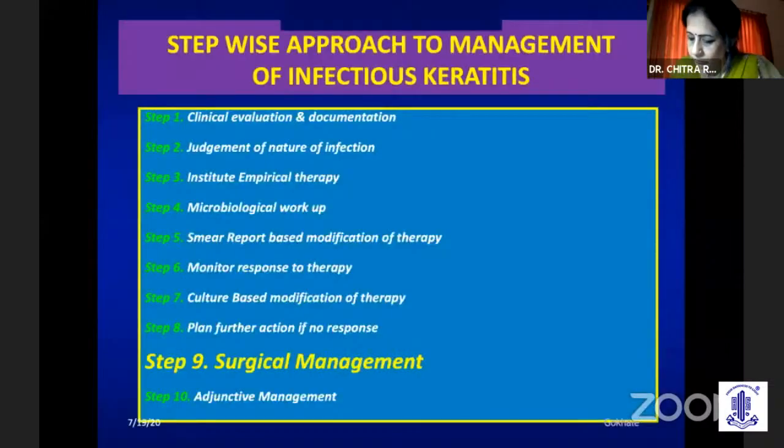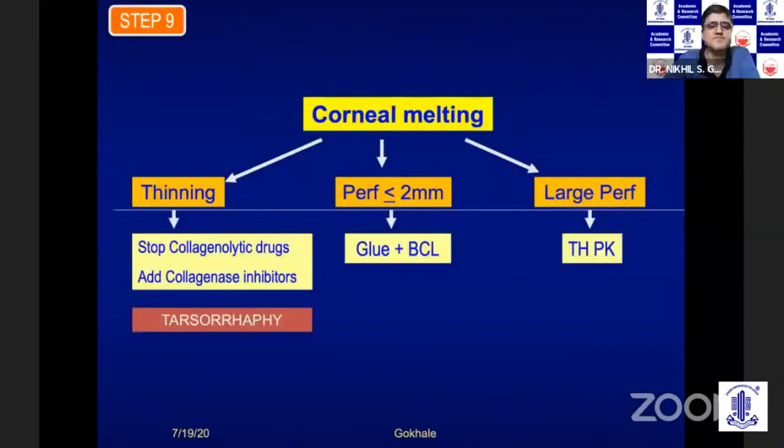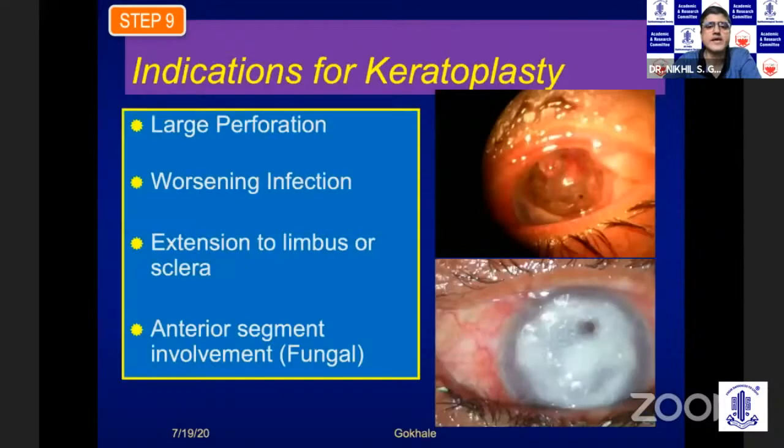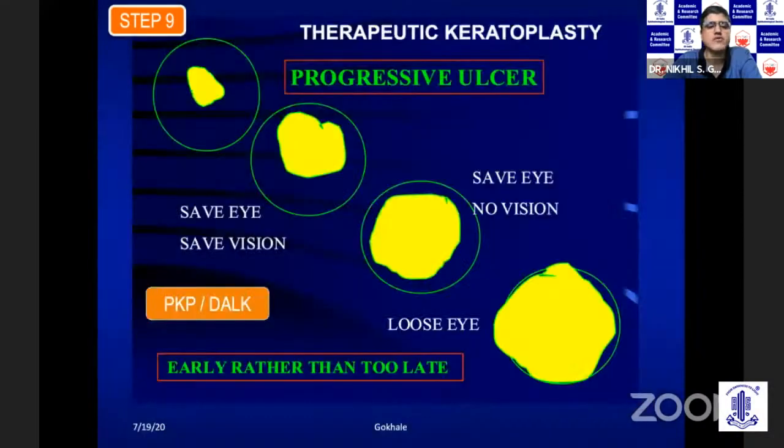And despite all this, there will be some patients where surgery will be required, where you might require to do a cyanoacrylate tissue adhesive or a corneal transplant, a therapeutic graft. This will happen when you have ulcers which are progressively deteriorating, moving towards the limbus. And in these patients, you will have to do a surgery. It's always better to do it earlier rather than late if the infection is progressive, because the later you do, you're probably not going to be able to save the vision in that particular eye.